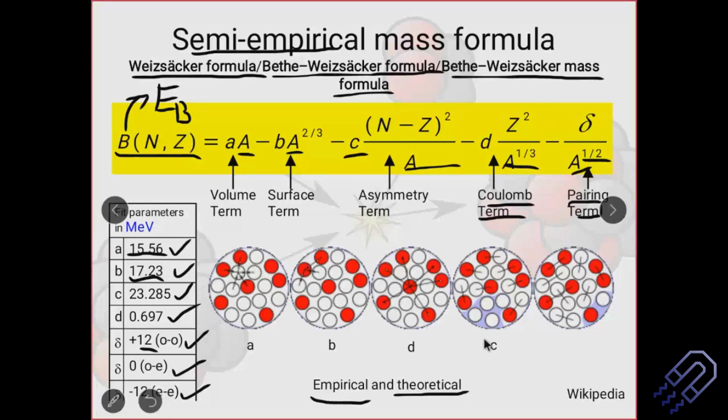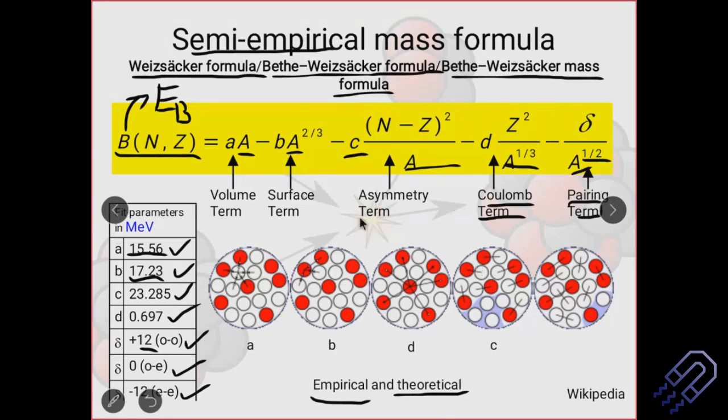Next is your C, which is the asymmetry term. So if you look into the asymmetry term, you see this neutron, proton, okay? So sorry, proton, neutron, proton, they are forming pairs, but all of a sudden there are three protons which are alone, okay? They don't have any pairs to form. Basically this creates an asymmetry. That means the number of protons and number of neutrons are different. So they are pairing up, but then they are different, okay? So this is called the asymmetry term, okay? This also reduces the binding energy.